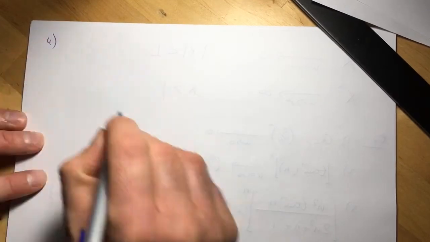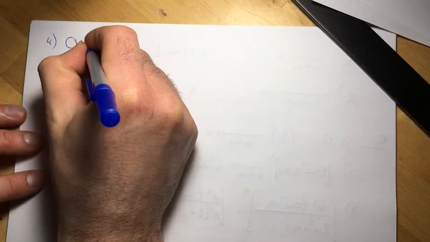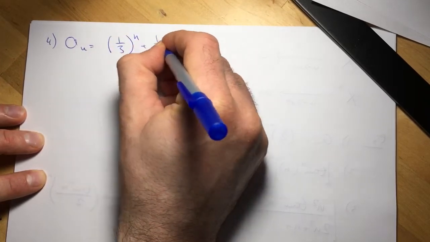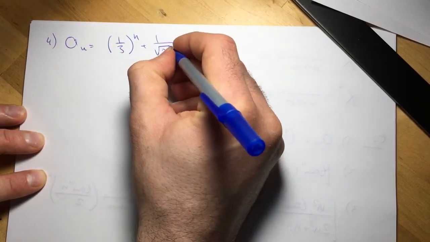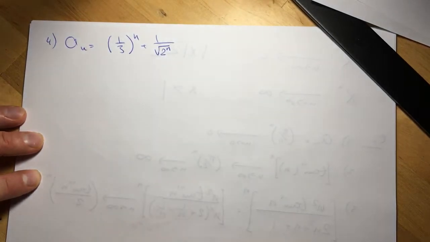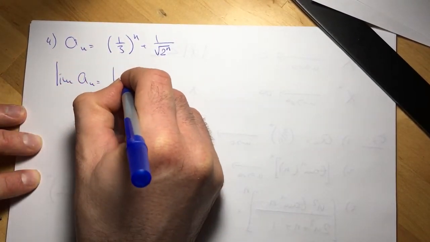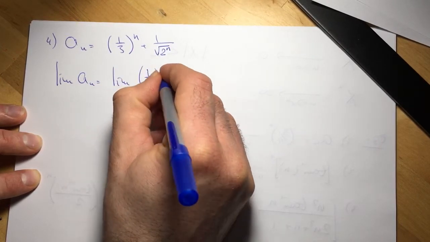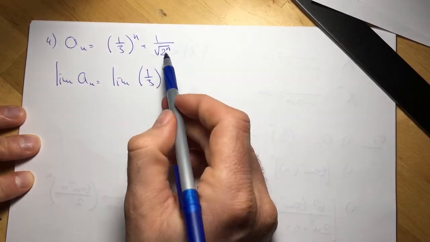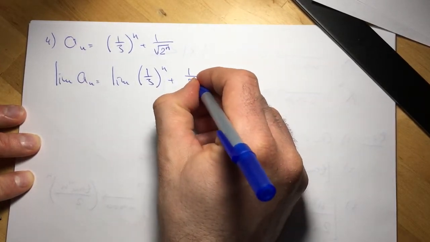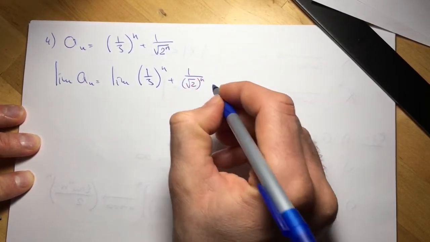We're continuing with the same idea. Okay, problem 4, a_n is equal to 1 over 3 to the power n plus 1 over square root of 2 to the power of n. So the limit of a_n is equal to the limit of 1 over 3 to the power n plus, now if you're not sure what is going to happen with the second one, this is 1 over square root of 2, the whole thing to the power n,